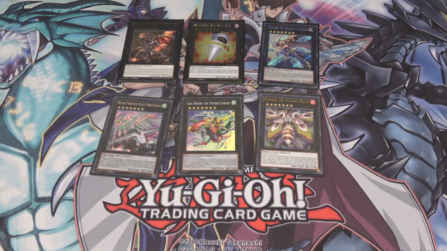Number 11, stealing your opponent's monster. There you go. Mecha Phantom Beast, one of the best rank 7s out there. I mean, each one has a different strategy with them, and they can help you out with different situations, so that's the reason I run 1 of each of these, because depending on your situation, you have a monster